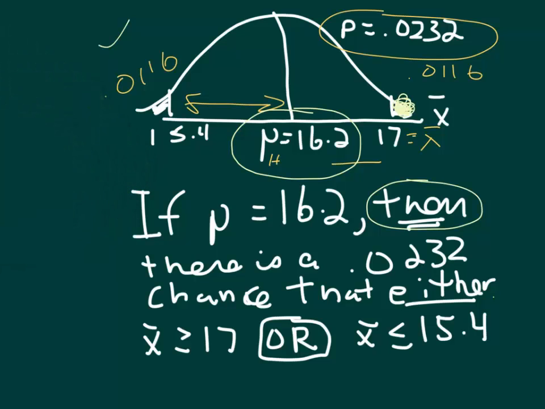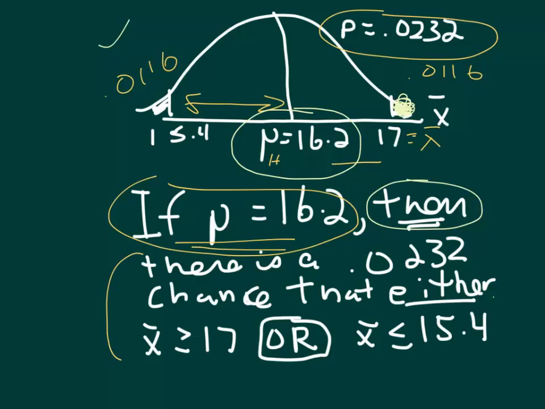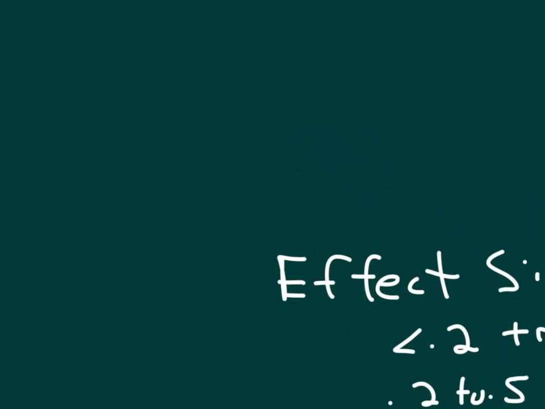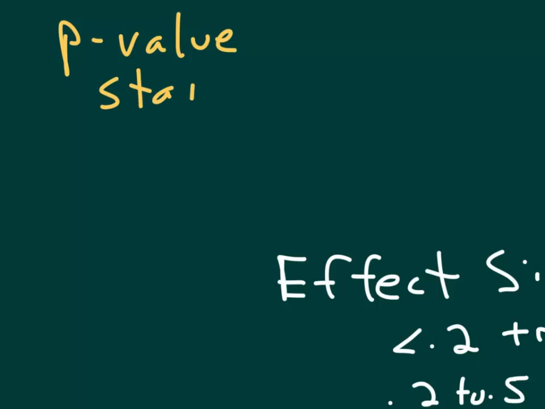Be careful on multiple choice questions because a lot of the multiple choice questions, or the distractors, will just leave this part out, and this statement isn't true without the conditional "if" at the front of it. A distractor will say there is a 0.023 chance and so on here, but without putting the conditional on the front of that. When we get p-values, what we're assessing when we get statistical significance, which we have in this one since we have a p-value